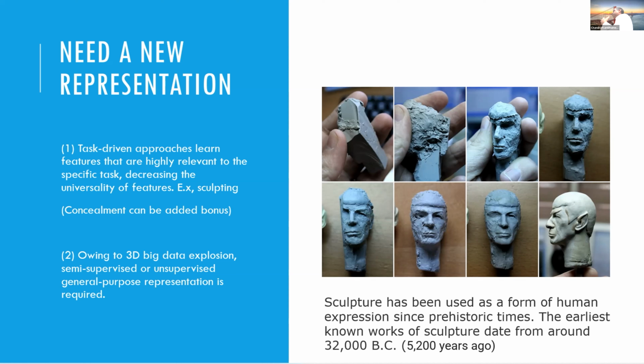One, maybe we should not follow traditional approaches to represent data, okay? Two, maybe you don't need to go to the last Spock image in the right to find out that it's Spock. Maybe you can just stop at the top row, third picture, okay? So what are those features that are interesting? In fact, we are right now in the hunt to find a good sculptor to track their hand movement and then reverse engineer it to find out where the features need to be used to identify a particular human being or particular animal, whatever the object is.